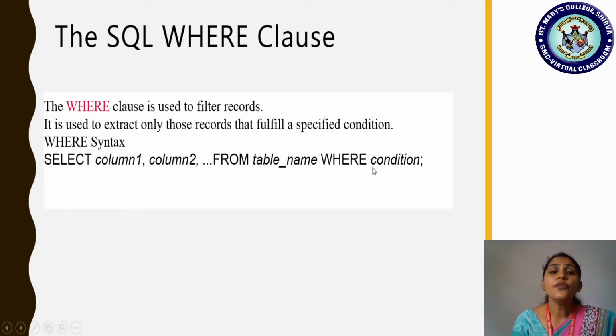So I want to view the customer from the customer table. I want to view a particular column or attribute's information, but I am also adding a certain condition. I am adding that condition with the help of which clause? The WHERE clause. Observe here: select column 1, column 2, like that, any number of attributes which you want to view, from, the table name you should mention, where, this is a clause or keyword. After this you should put a condition. So what is that condition? How to use that condition? Let us discuss that with an example.